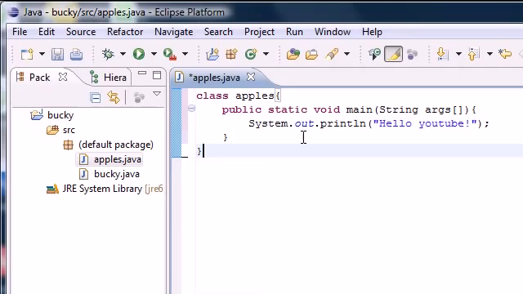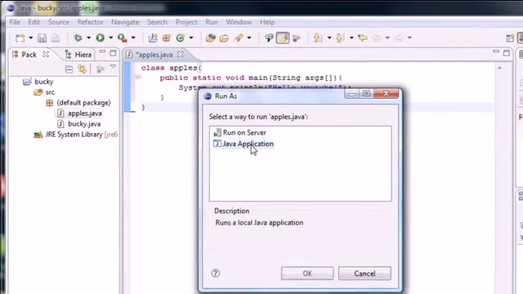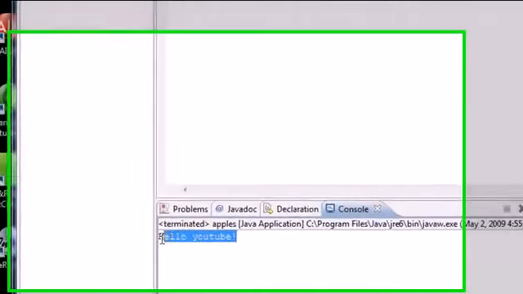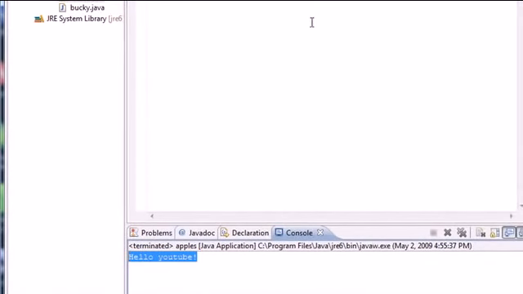How to run programs in Eclipse: you press this little circle with a triangle in it, and that says Run. If you go ahead and press that, your program runs as a Java application. Go ahead and click OK, OK, and down here it just runs your program. So that saves you a ton of time from saving it, finding the path, going in the command line. This is about 8,000 times easier than using a command line. So again,